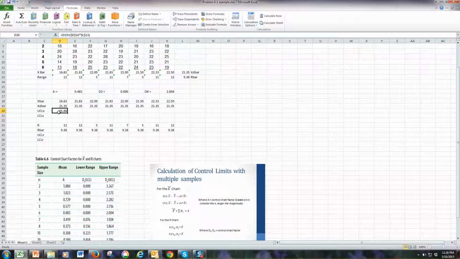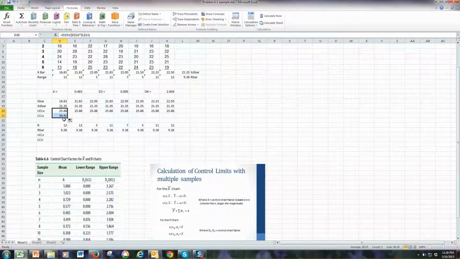So now I can just copy across, and because for the first value, the mean of the means, I've got it up above here, it will remain the same all the way across. If I'd used this number up here, I'd want to put $ signs there too. But this will work. Okay. So now that's our upper control limit. And what you can do actually, if you want to be a little lazy, is copy this down,